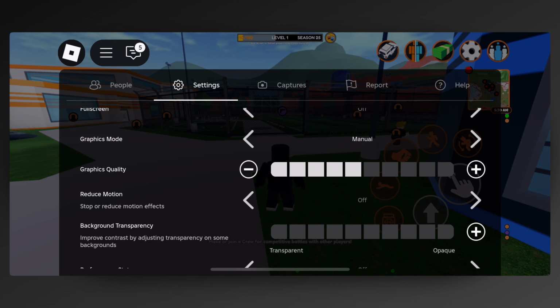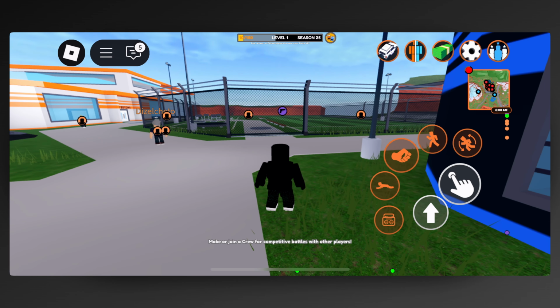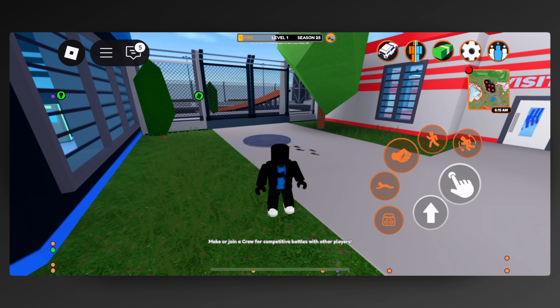And then as you can see just down below, we have the possibility to increase the graphics quality. So you can just go ahead and click on plus a couple of times and then the quality will increase drastically. But you can also lower it by clicking on the minus icon, and once you do that, you will just actually lower the quality of your Roblox game, and you can see that really well right now. So this way you can change the graphics quality in